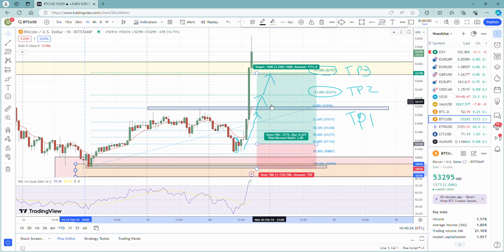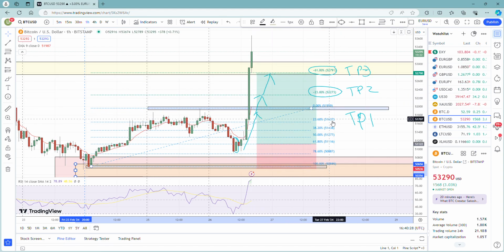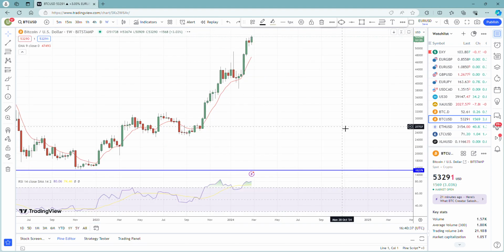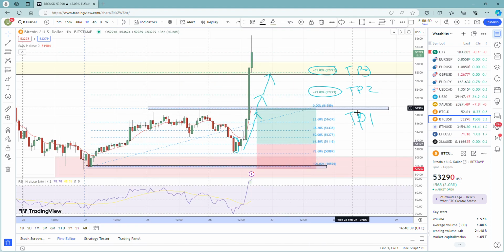So this is the analysis for intraday trading. If you were trading it literally during the day, you'd enter at 10 o'clock, you'd be out of the trade at 3 o'clock. Job done. Look how many pips you've got. So now what I'll do is I'll show you my long-term